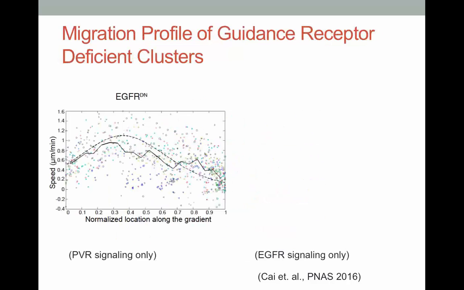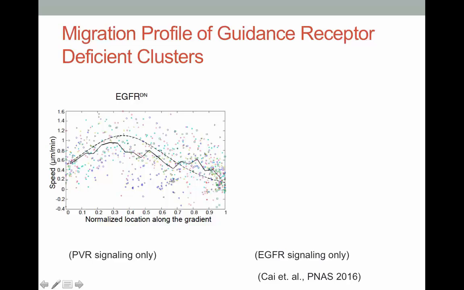So we want to know, because we know there are at least two receptors, the PVR and EGFR, and they have different sets of chemical signals, we want to see the relative contributions of these two signaling pathways that lead to direction sensing. So we use the dominant negative form of EGFR to knock down this EGF receptor in the border cells, so that only the PVF signaling will be present here. You can see that there is still an initial increase in speed and then a decrease. So the PVF chemical gradient also follows an exponential